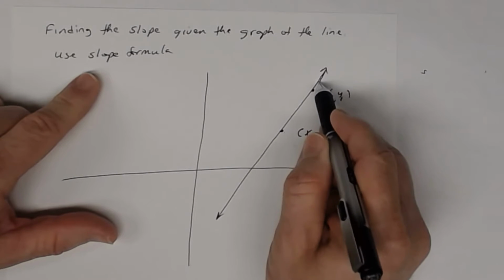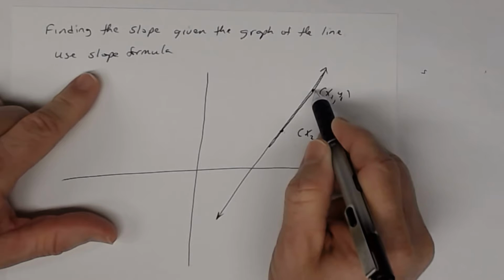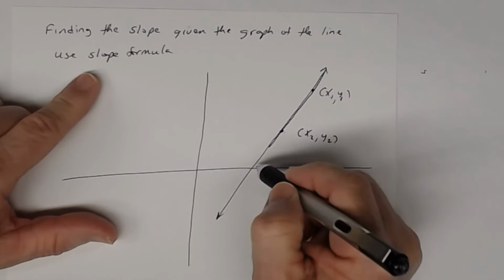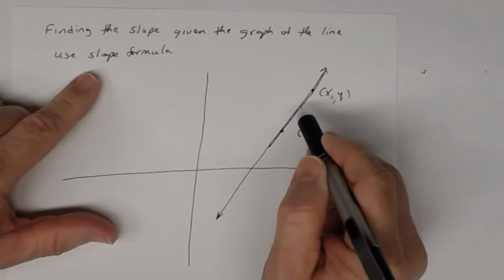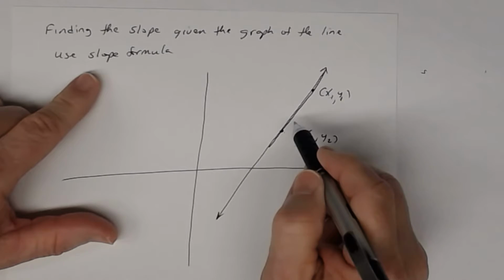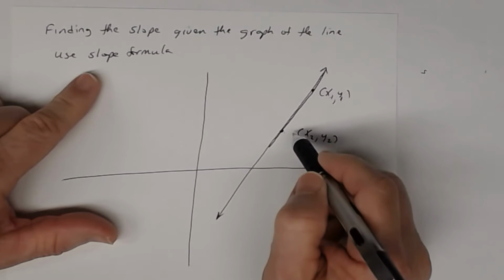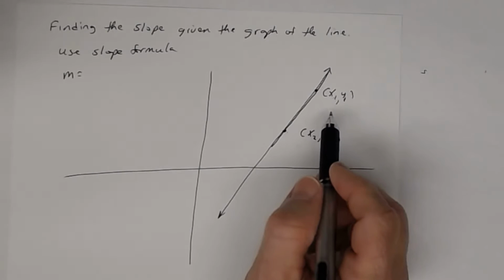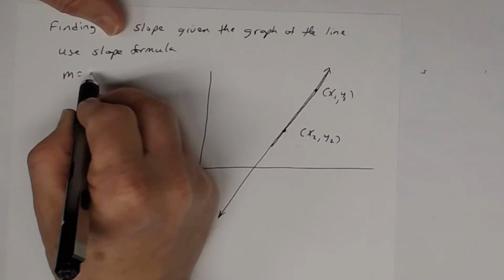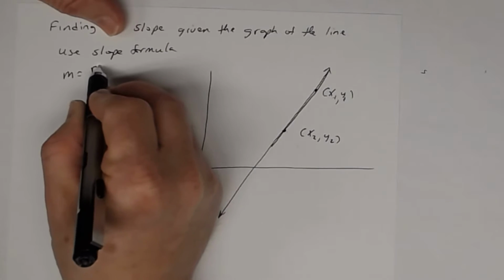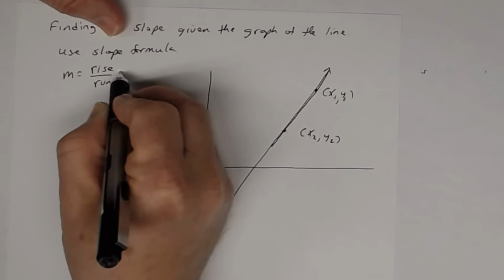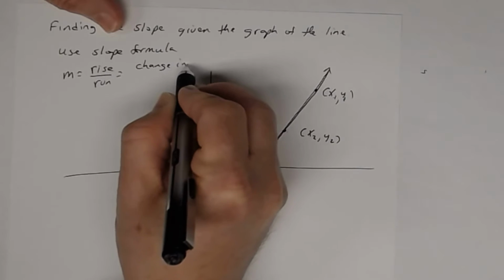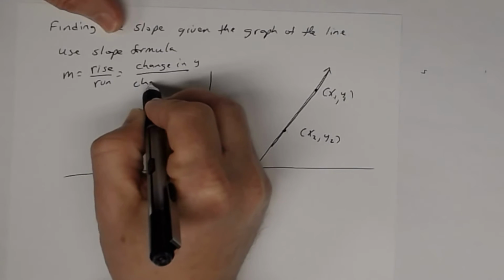So we can find the slope of this line by using 2 points on that line. So any 2 points on that line. Remember, a line has an infinite number of points. We could use any 2 points. So I'm going to go ahead and use these 2 points here. So the slope formula is this. Basically, remember the slope is defined to be the rise over the run, which is sometimes referred to as change in y